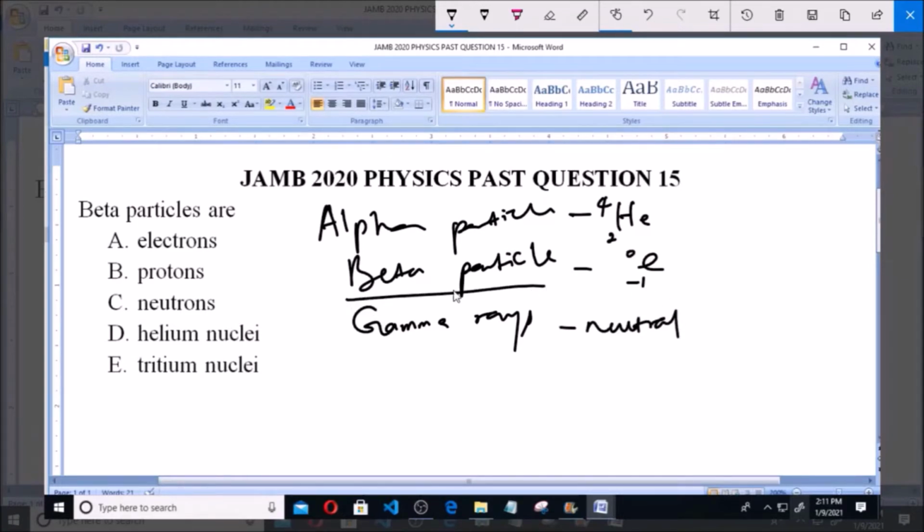So beta particle is actually represented by what? By an electron, which is what I have written here. It is a high energy electron which is strongly deflected in a magnetic field. Because it is negatively charged, it will be deflected in a magnetic field towards the north pole instead of the south pole as in the alpha particle. The beta particle will be